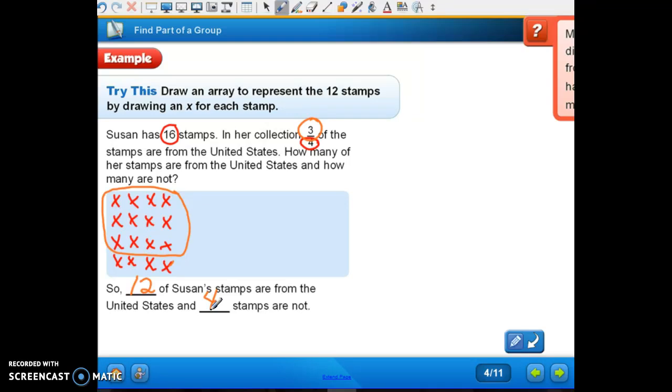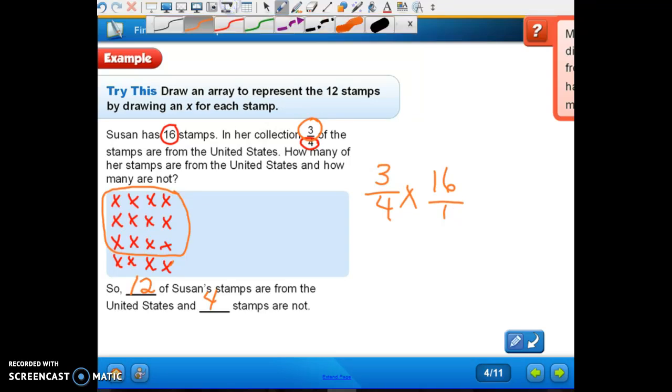Now, if we were going to multiply this, like we've been doing, 3/4 times 16, we would put our whole number over 1, right? Now, I'm going to show you a shortcut. Are you ready? If you look at your numbers that are opposite each other here, do 3 and 1 have any factors in common? Can we make those less in any way? No. Okay, everybody's eyes up here. How about 4 and